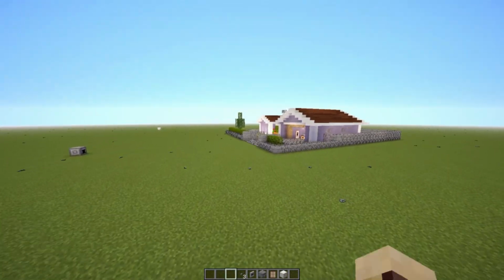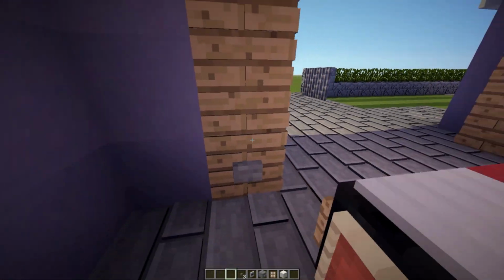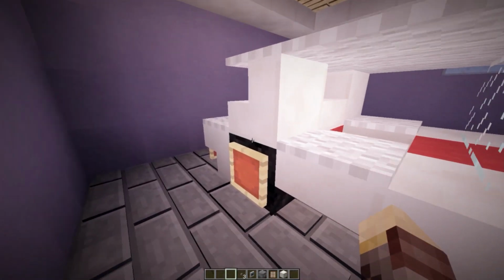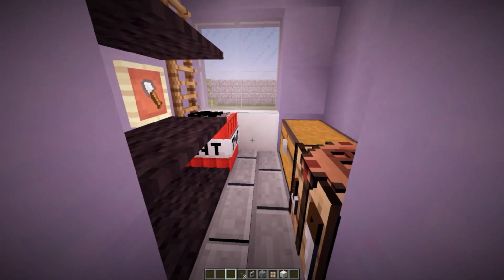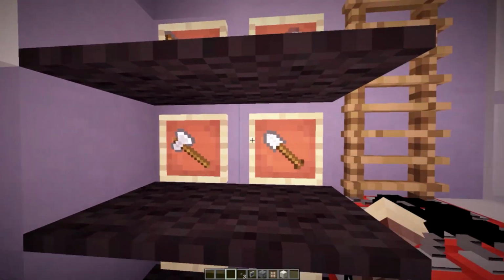Okay, so now let's go ahead and take a look at the rest of the house. We opened up the garage. Let's come back to the interior, close that really quick. Inside our garage, we have a car, obviously for decoration, and then we have a room at the back, which is accessed by another glass wood door. And then inside this area, we have some TNT, as well as we have some items on our item frames,